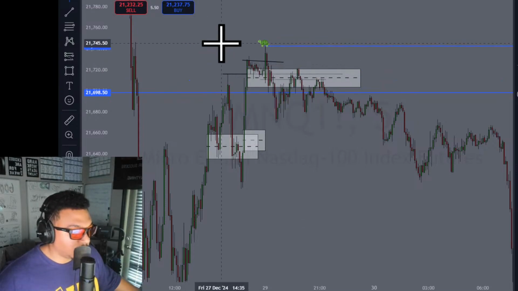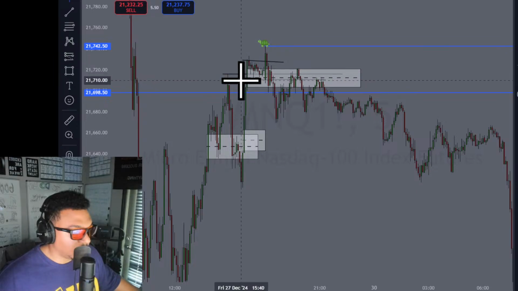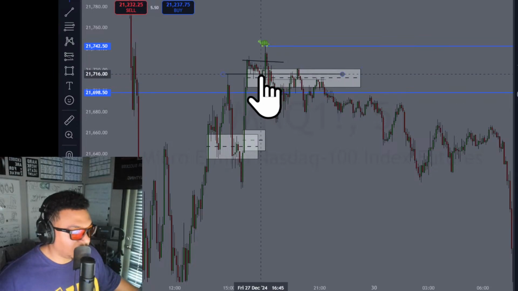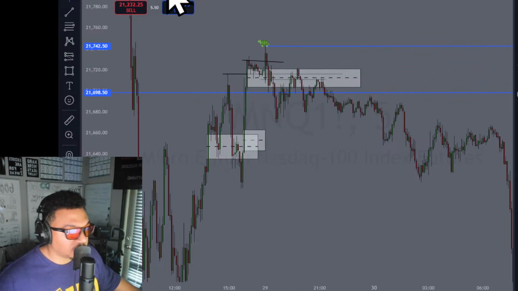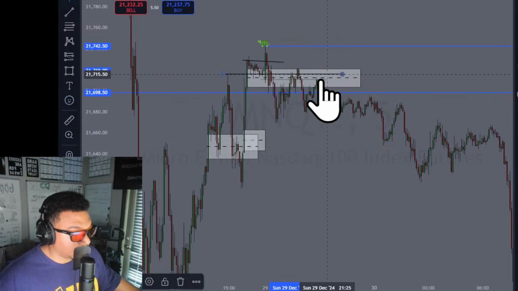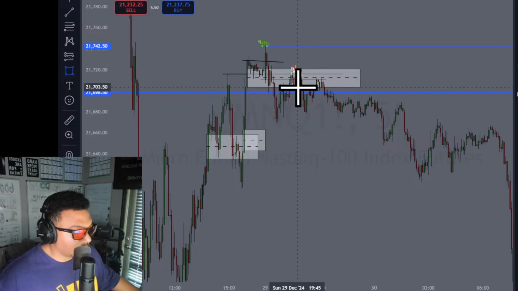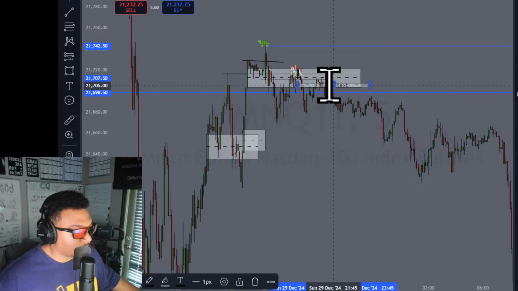Then you're going to have the unicorn entry, which is a breaker block being tapped into with a fair value gap. And it's not really going to be seen on this time frame. I'd have to go to an even lower time frame, but you can take my word for it. Once you study unicorn, which is in a separate video, you'll understand what I'm talking about. And then 2022 model is just taking a fair value gap in alignment with that. So hypothetically right here, there's like another little fair value gap that could have been used, right? And you could have put it above the swing high considering the price action.